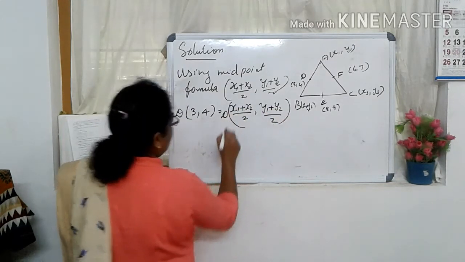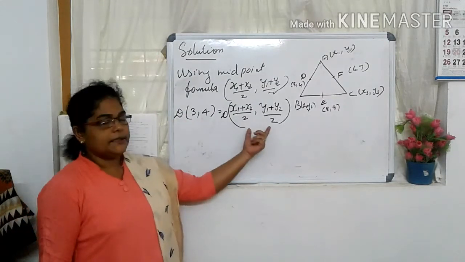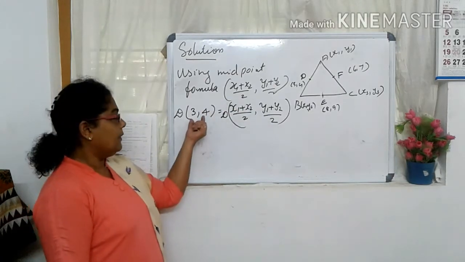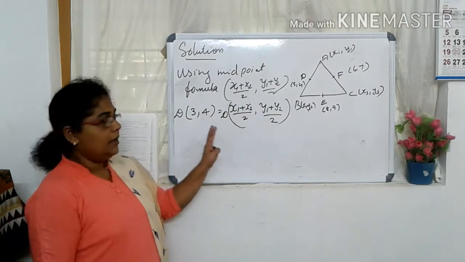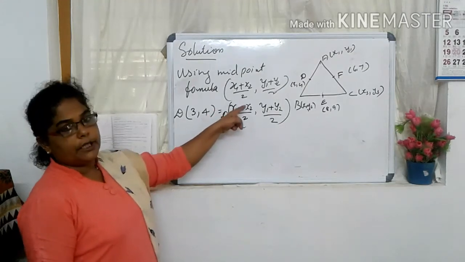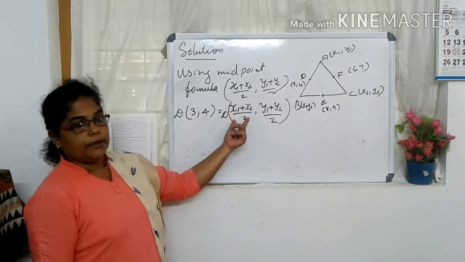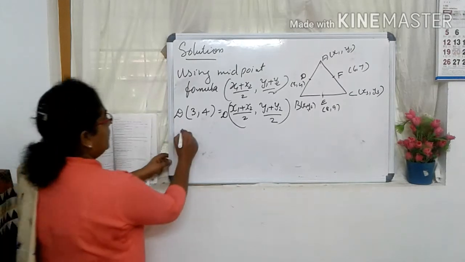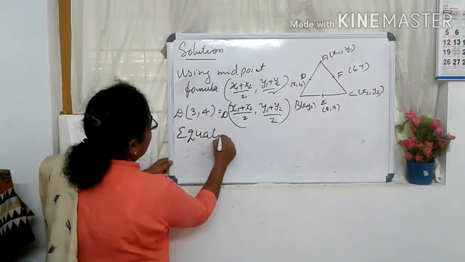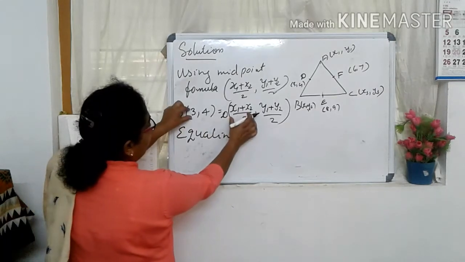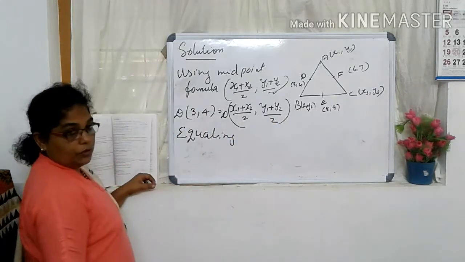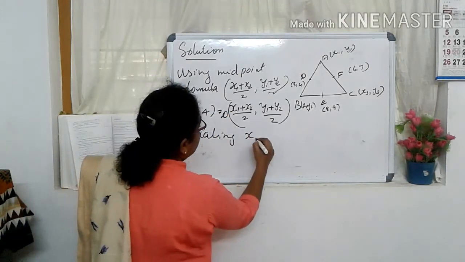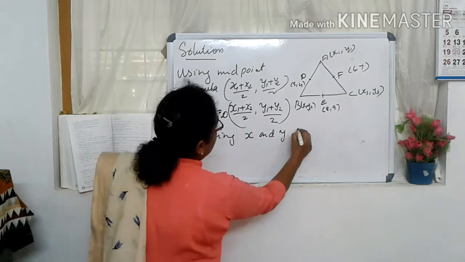This is the given midpoint, and this is the midpoint we are finding using the formula. It means these both are equal. Here the given value is the coordinate, and that is different. When we apply the formula, for (x1 plus x2) by 2 we have to get 3. That is the meaning. So we can equate the x and y coordinates. This is the value of the x coordinate and this is the value of the y coordinate. Both are equal because of the equal sign, so we can equate the x and y coordinates.